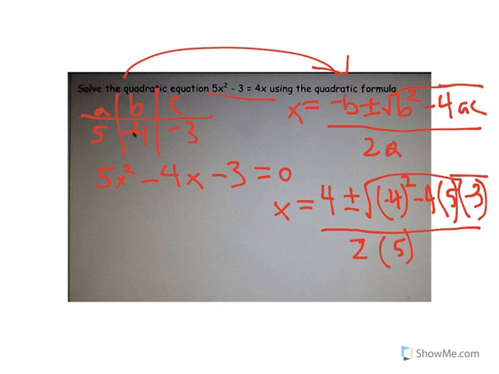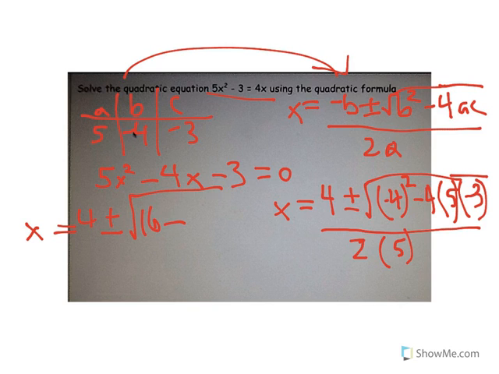So now we got to start simplifying. And where we're going to start simplifying is by dealing with that stuff underneath the radical. That's the square root expression. So I'm going to rewrite it over here. X is equal to 4 plus or minus the square root of, well, that's going to be 16